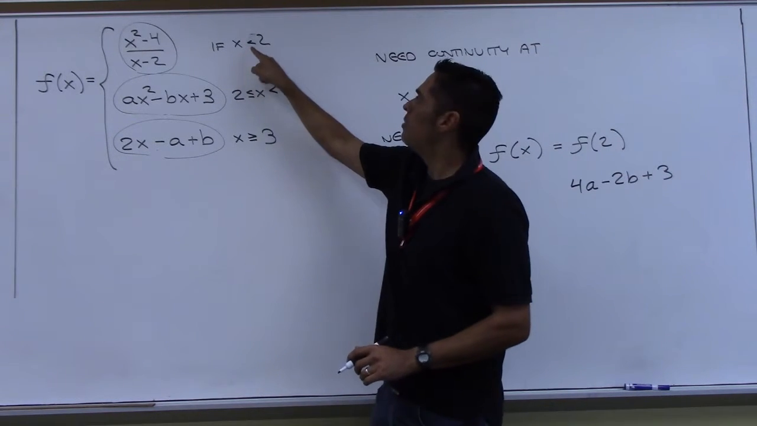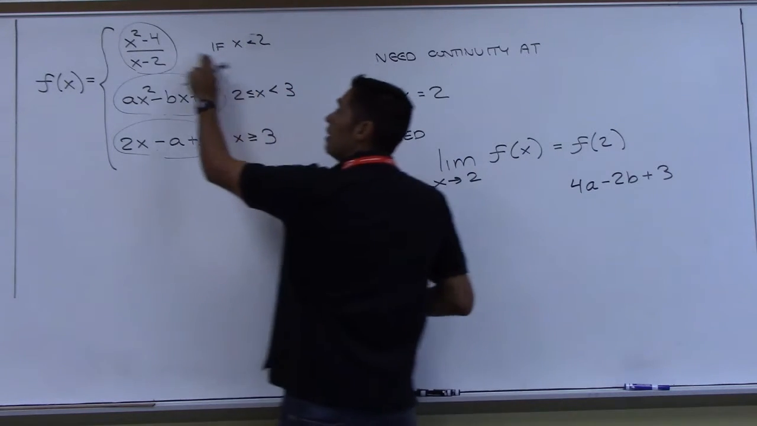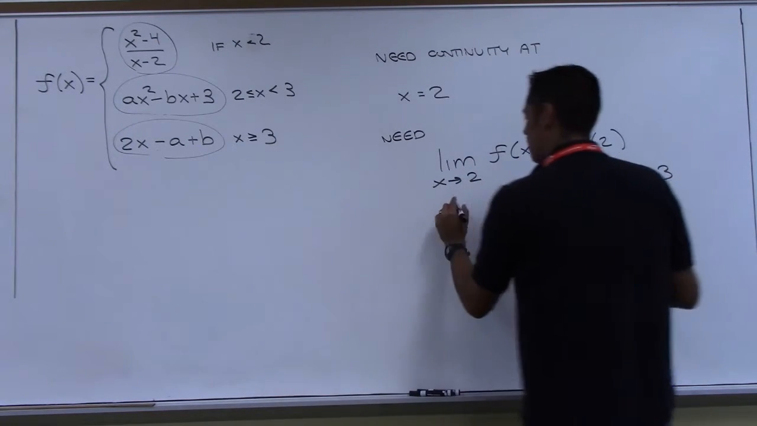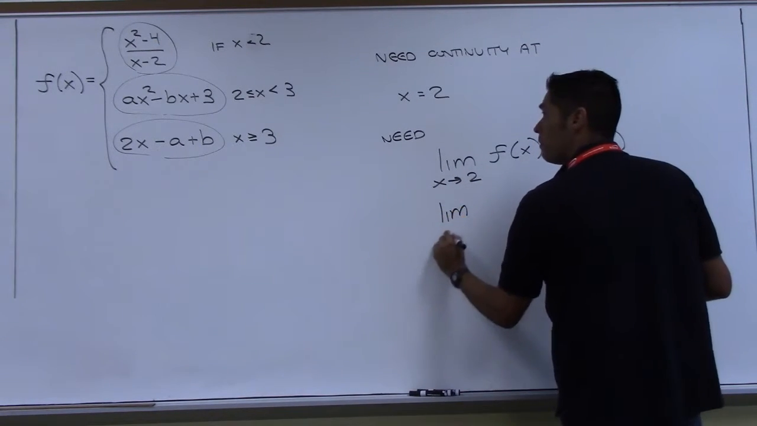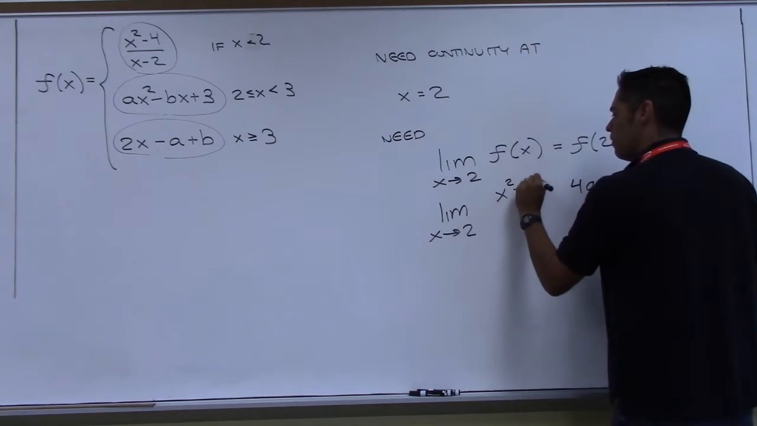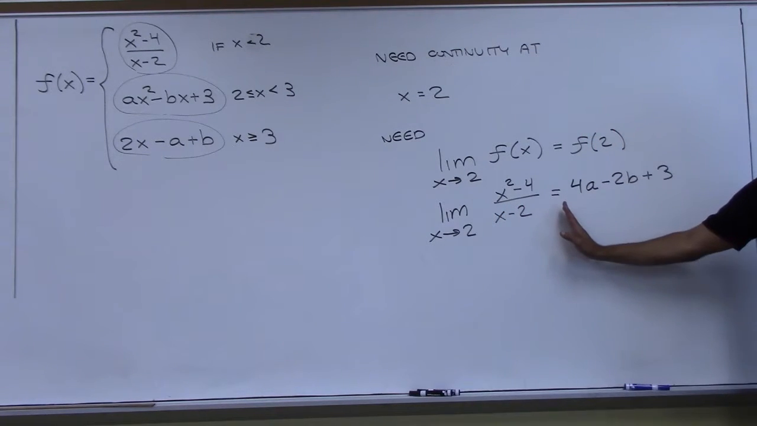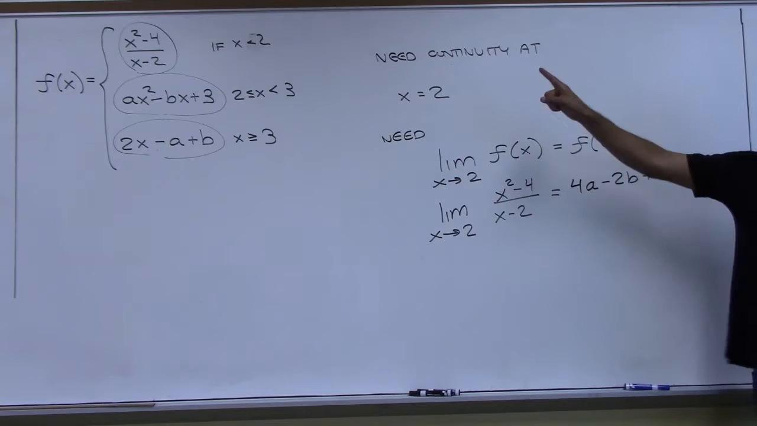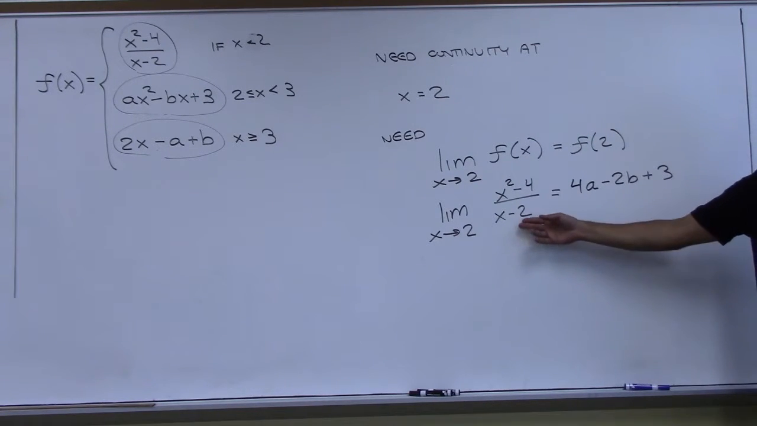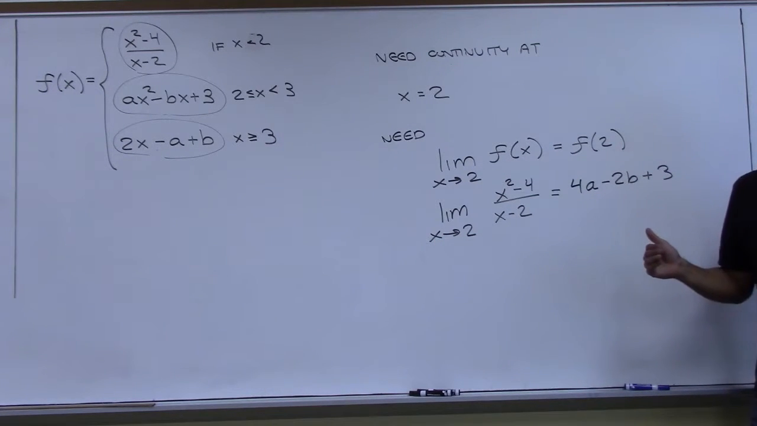Understand? And so if I try and let x get close to 2 in this function, then this limit becomes the limit as x approaches 2 of x squared minus 4 over x minus 2. I need these to be equal. Does everyone understand why I picked the first one? Yes? That limit, let x approach 2, what do you get? 0 over 0. But,